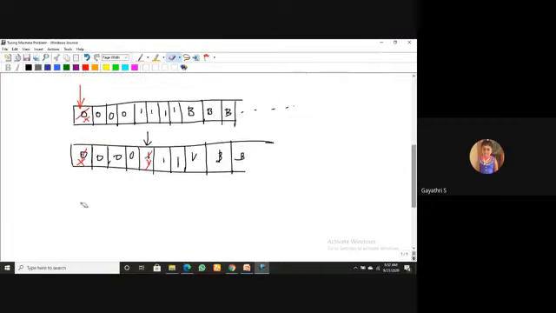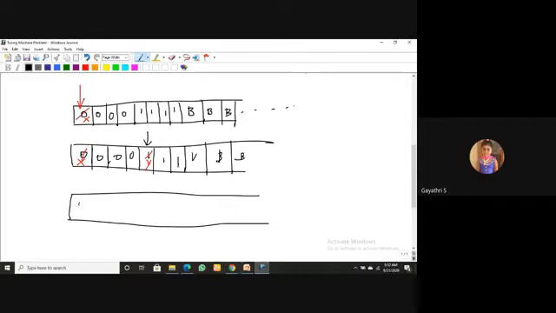So in the next tape movement, I will come to the first 0. This 0 is replaced by x, so I will write x here. Next, this 0 is there, and this 0 is there, then this 0, and this 1 is replaced by y. And this one, this one, this one are the blank symbol.